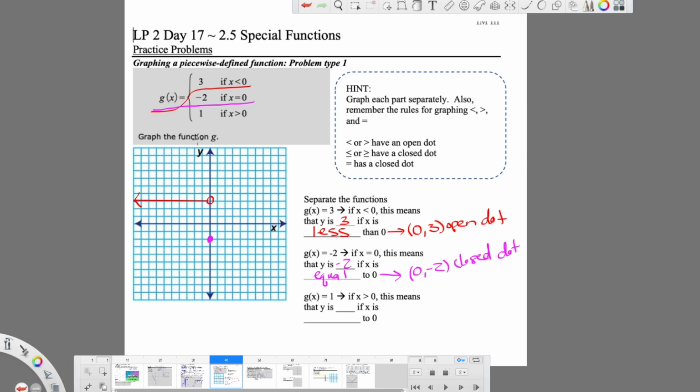So the last one, g of x equals 1 if x is greater than 0. So this means the y is going to be 1. So there's going to be a line on 1 going across. If x is greater than 0. I don't know why that says 2. I need to fix that. So we have our points 0 and 1, and it's going to be an open dot because it's just greater than, it's not greater than or equal to. So we're going to go to 1, put an open dot, and then it's going to go greater than that amount